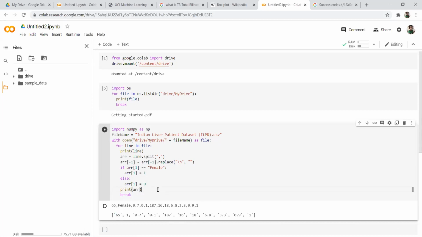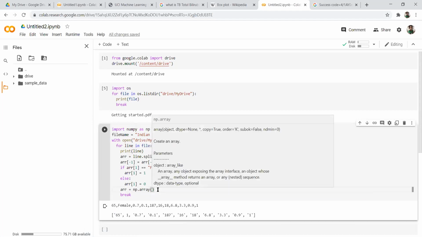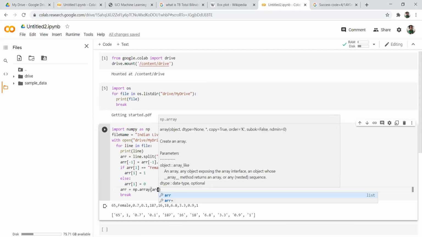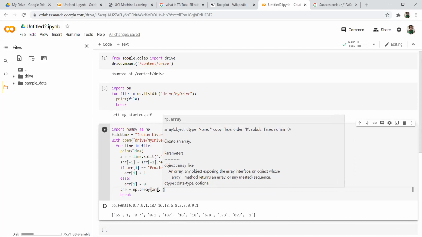For that, I can use numpy also. Simply like this, let's say ARR is equal to np dot array. The name of the array is ARR only, comma. What should be the data type of that array?